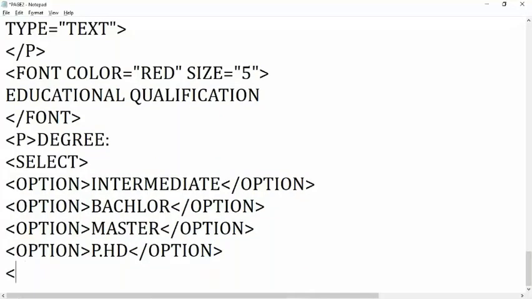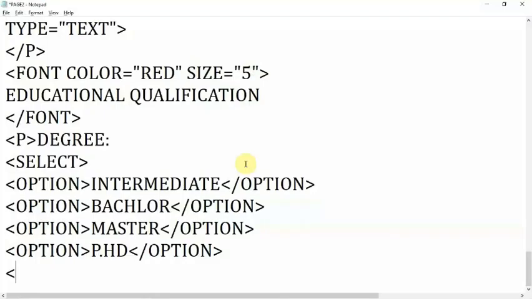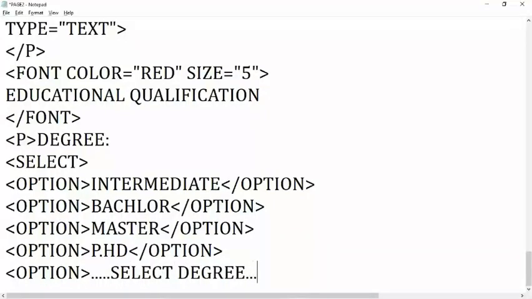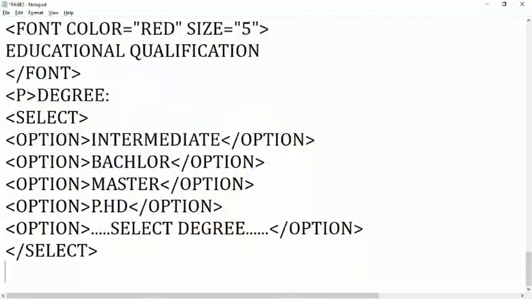Now next you have to close the select tag, but if you want to insert another tag also, like degree here given as select group, so again use option and give it this way: select degree, and close the option. And after that you have to close the select tag, and next you can see the effect one by one.